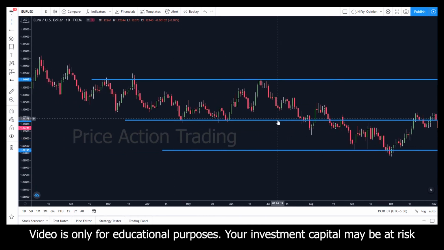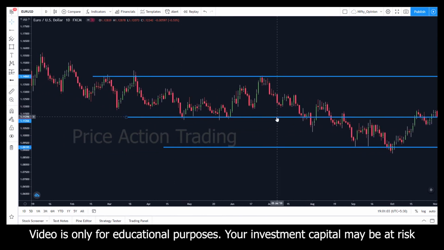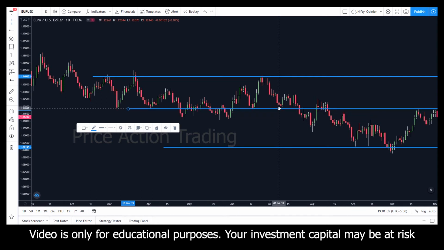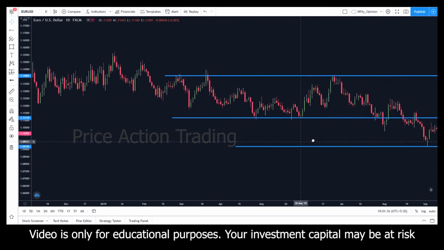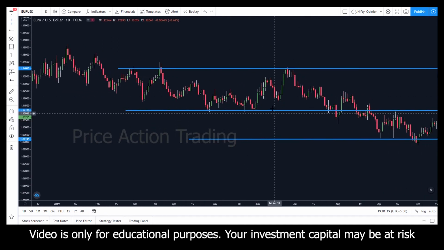Now it's better if I would have entered, since I was marking like this, it would have been too cluttered and this was also missing. Now in the sixth step, I would say this is also a good level, but for now let's mark this level, and this is a good support line. Now at least 3 touches has to be there minimum. If you are trading on forex or binary trading or crypto trading, whatever you are trading, mark the level which has at least 3 or 2 touches.